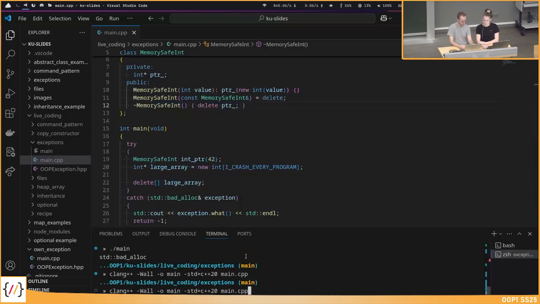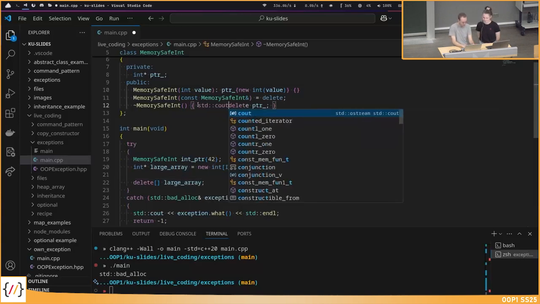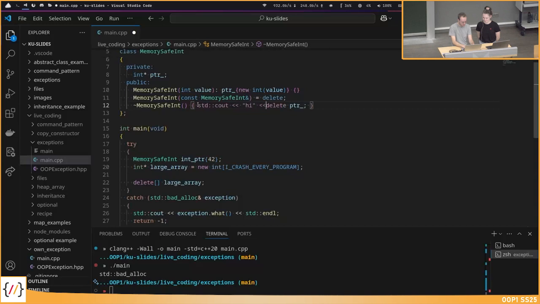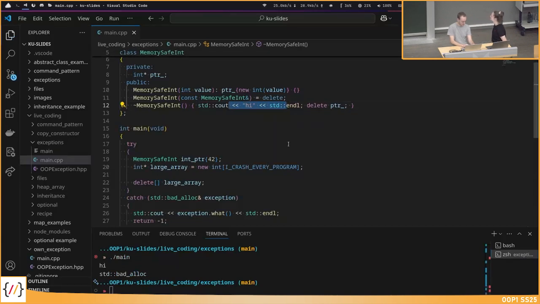And if I do run this now, okay, we get the bad alloc here again. Again, I cannot check with Valgrind whether it works or not. You could print something in a destructor. Okay, I can print something here. So let's hope it works now. So the destructor is called. So we delete also the pointer. This was never allocated, so we fixed all memory errors. Okay.